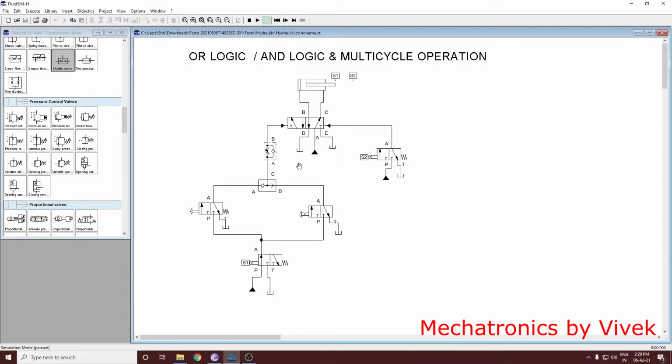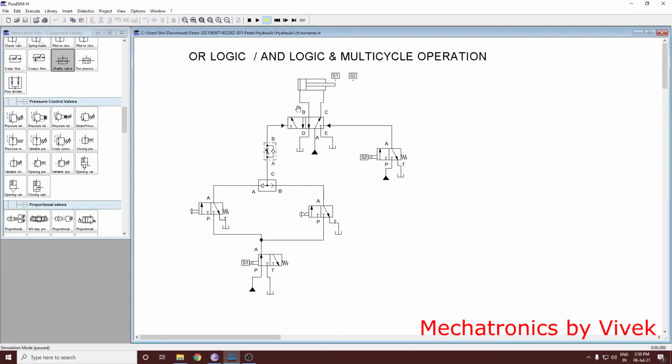Okay, and after that we have chosen a flow control valve here which will control single direction flow, and also in case of excessive flow it can come back from this side to the tank. Okay, then as per the cylinder positions S1 and S2, we have these two sensors which are roller actuated switches. S2 is here and S1 is here.